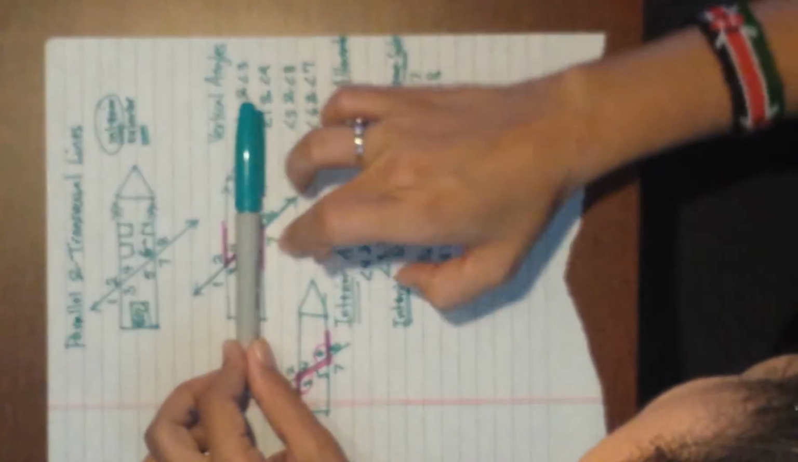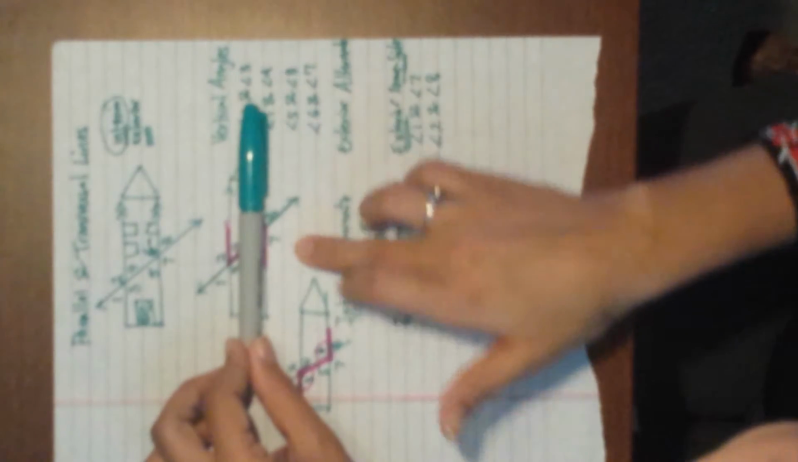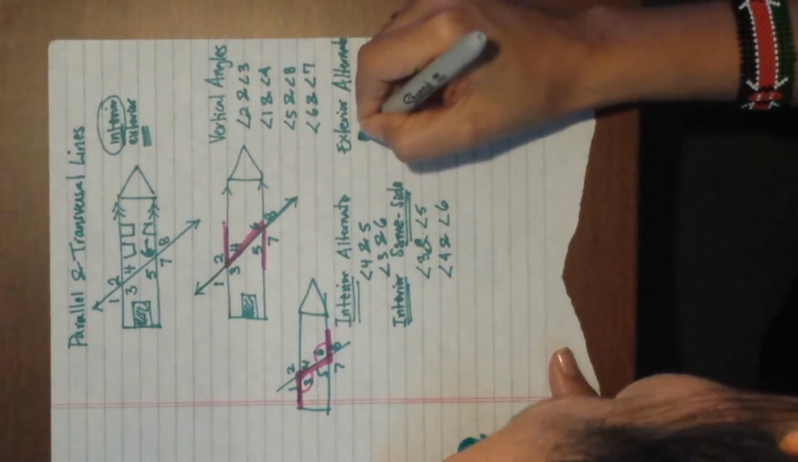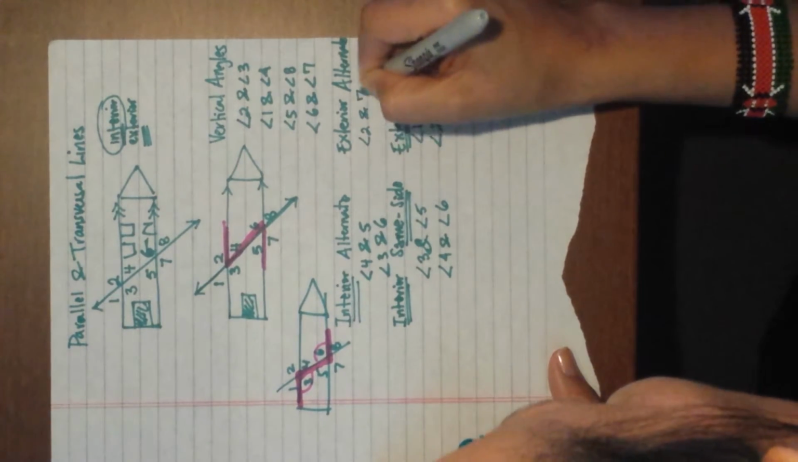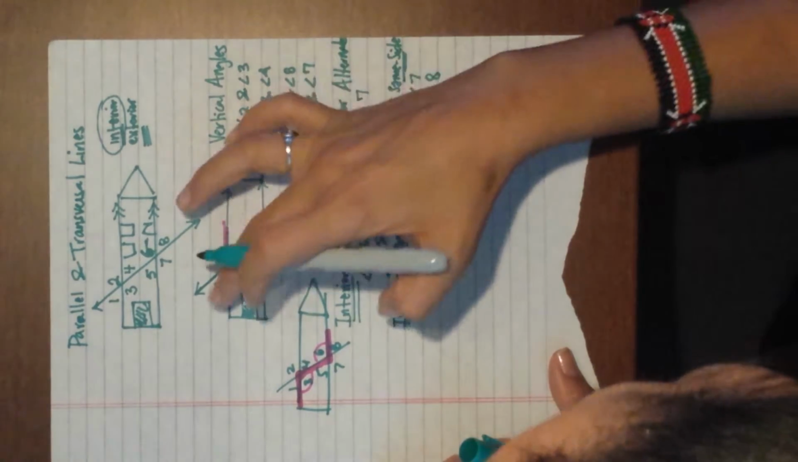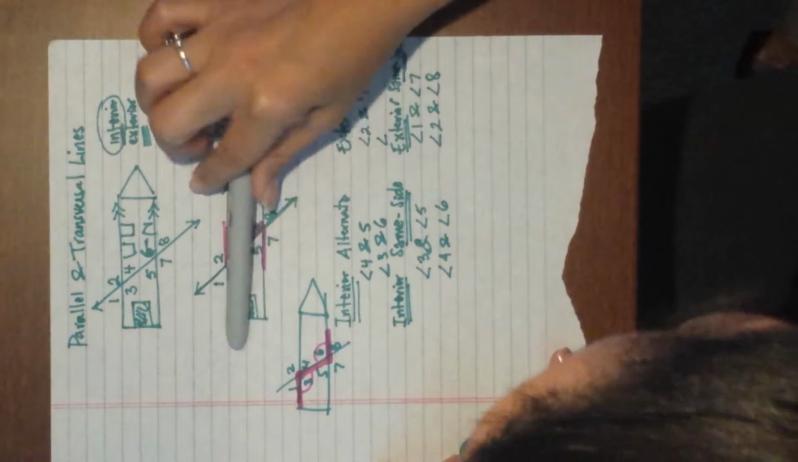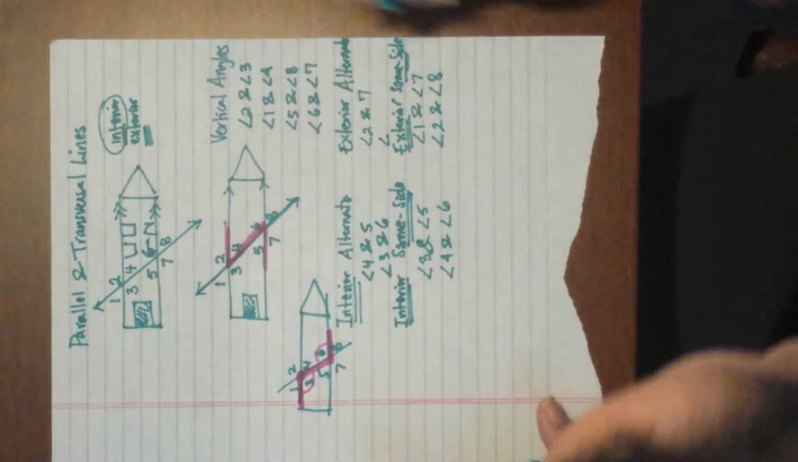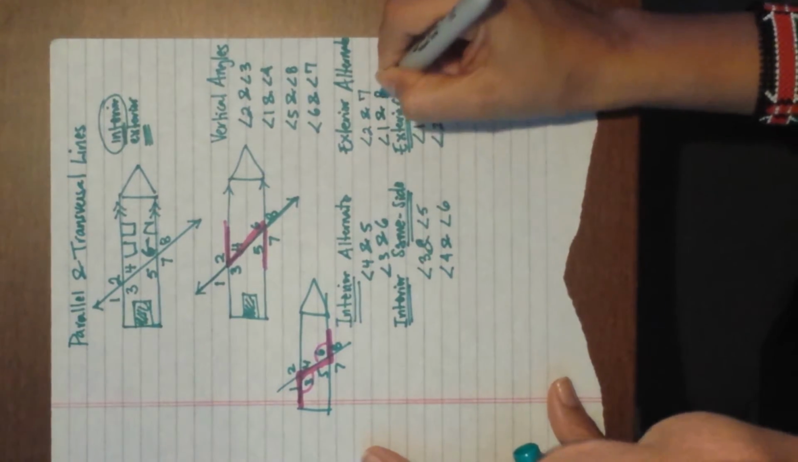That's going to be 2 and 7. They're on the alternate sides. And 1 and 8. They're also on the alternate side. So angle 2 and 7 and angle 1, wait, I'm sorry, 2 and 7 and 1 and 8. Okay,